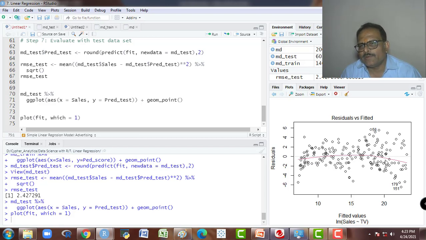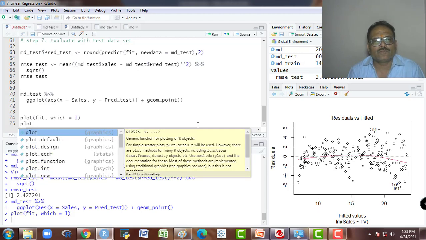There is some possibility of improvement of this model, because you are getting this curve here. We have to straighten this curve along with this line on the 0. So we may improve this model a little bit.